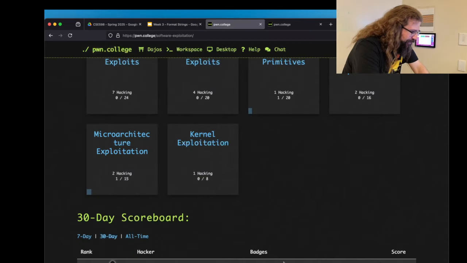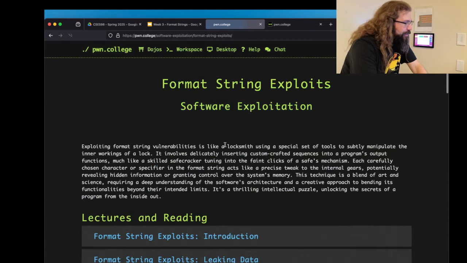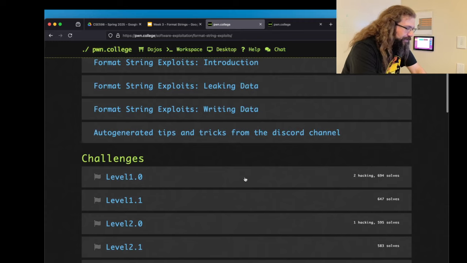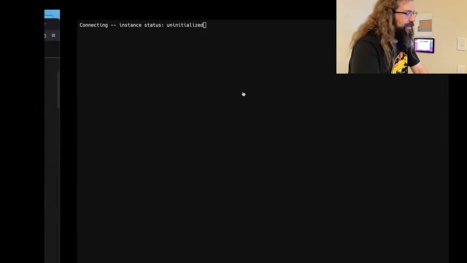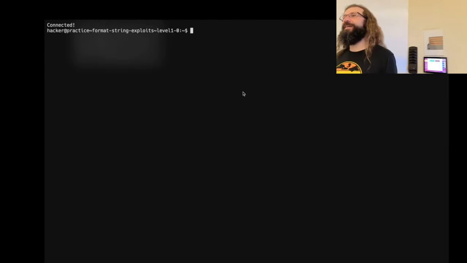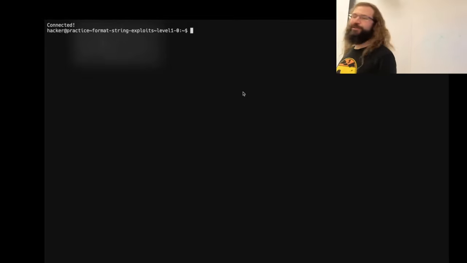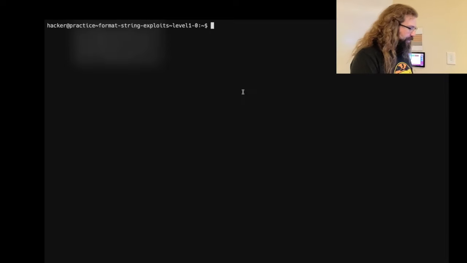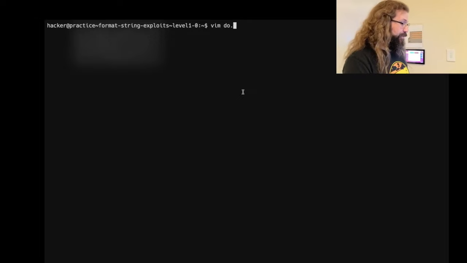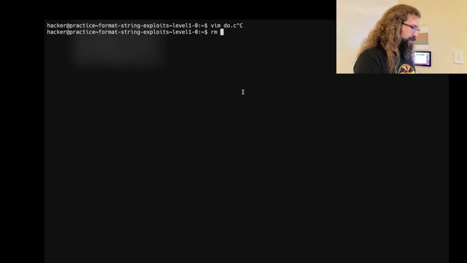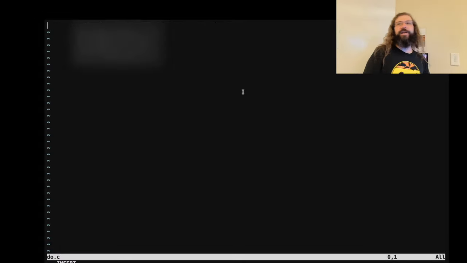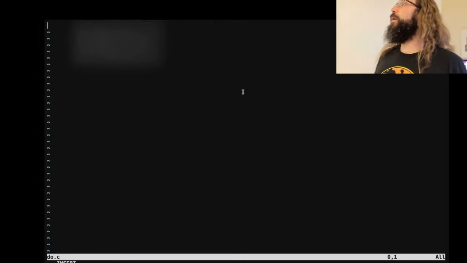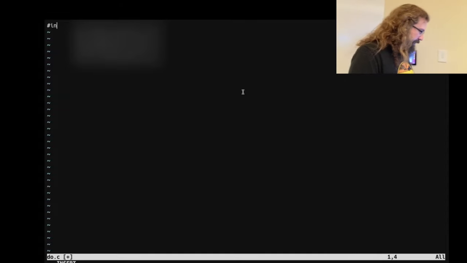Now, format strings are something that we've had in pwn.college and not had in pwn.college, because people claim that it's not relevant, right? Like it's fallen. It's so trivial now that it never happens. But every couple of years, something does. I do not want to solve level 1, so we will build. Let's get rid of whatever do.c was, and make a new binary. So format string vulnerabilities exist